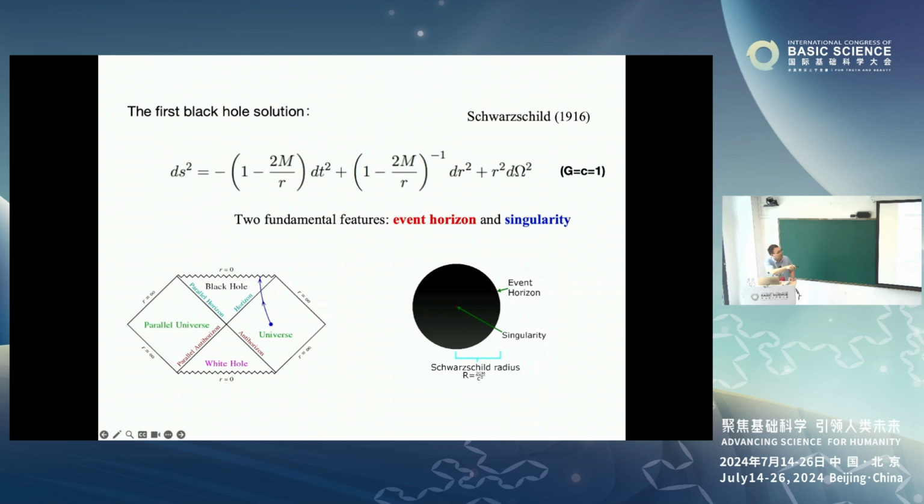Typically, people believe that this is the boundary of the black hole. And as r goes to 0, you can calculate the curvature of this solution and find that the curvature of space-time diverges. This is called the singularity of the space-time. If you are familiar with the Penrose diagram, this is the space-time structure of this black hole. This is the event horizon, and this is the singularity.